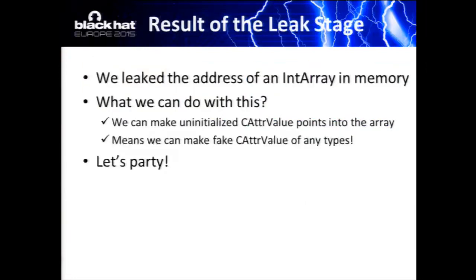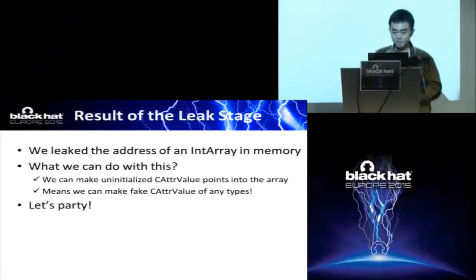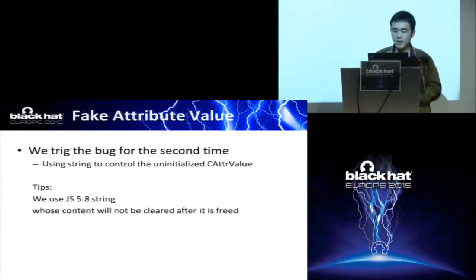We have leaked the address of an int array now, so we can make any kinds of fake C attribute value. We can make any kinds of fake attributes. Next, to make a fake C attribute value, we need to trigger our bug again, but a little different this